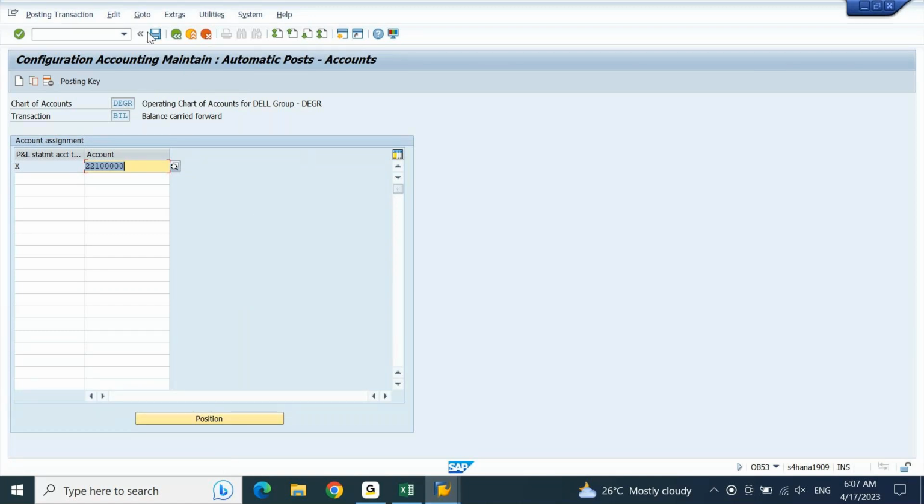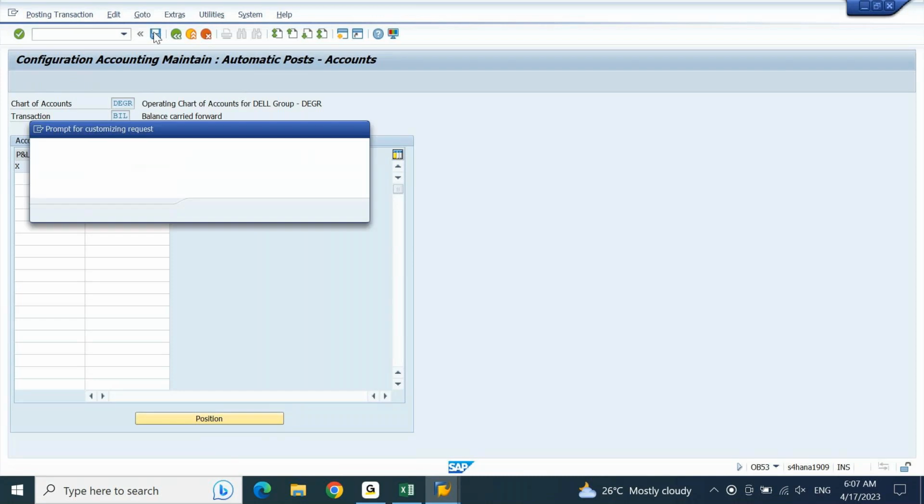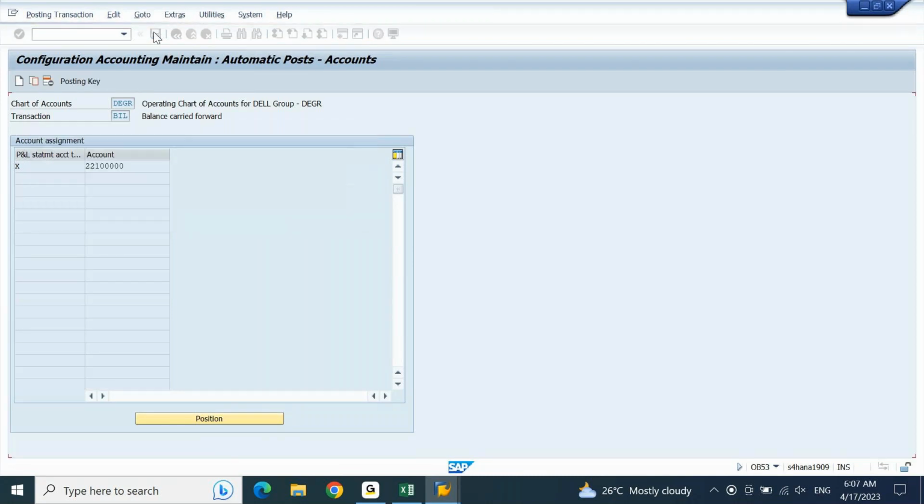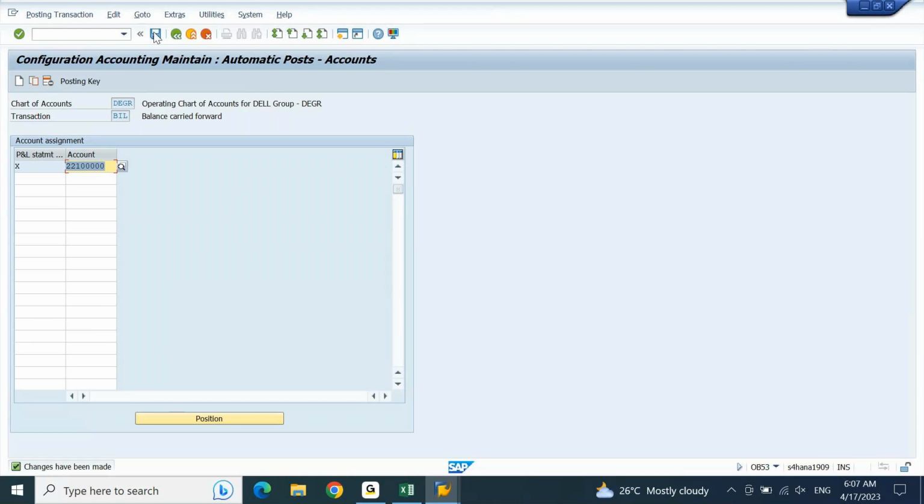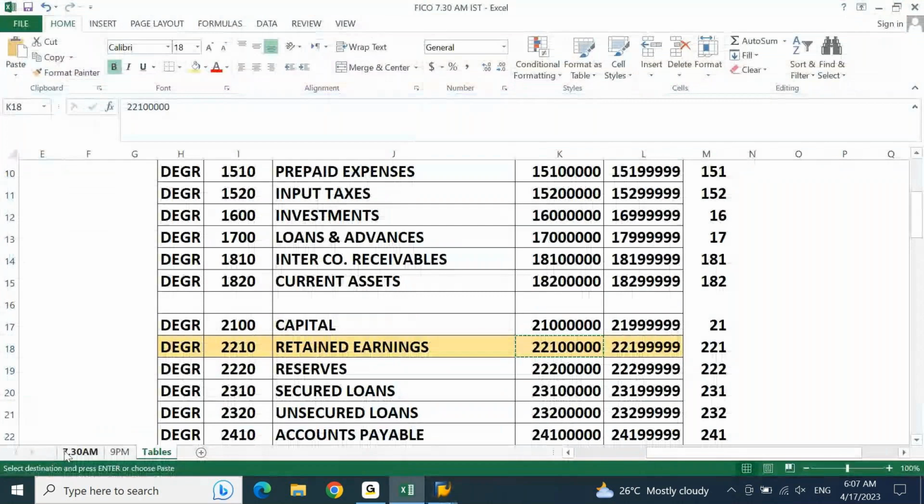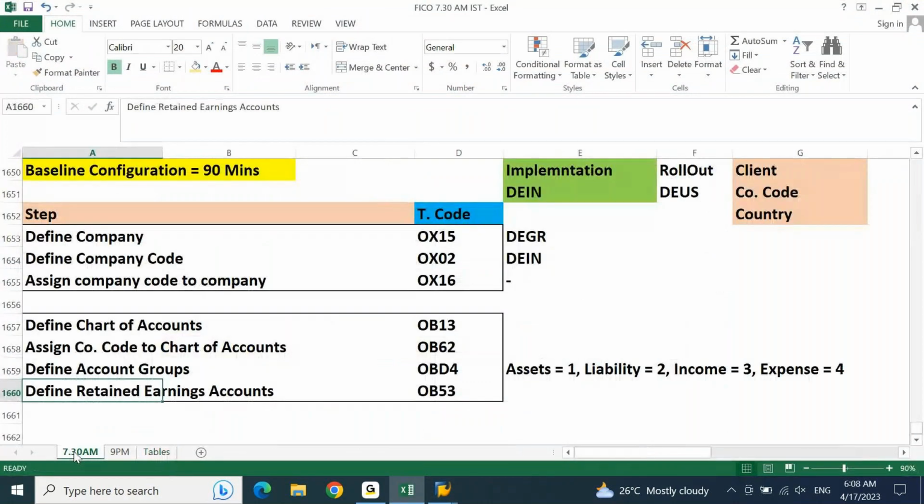Okay, let's save this. Enter. This is all about your retained earnings account. How this retained earnings account will work, I will explain once we start posting transactions. How data will flow to this account, we will understand once we are in the data entry sessions. Now, before we go to retained earnings account posting, first let us understand the basic logic of